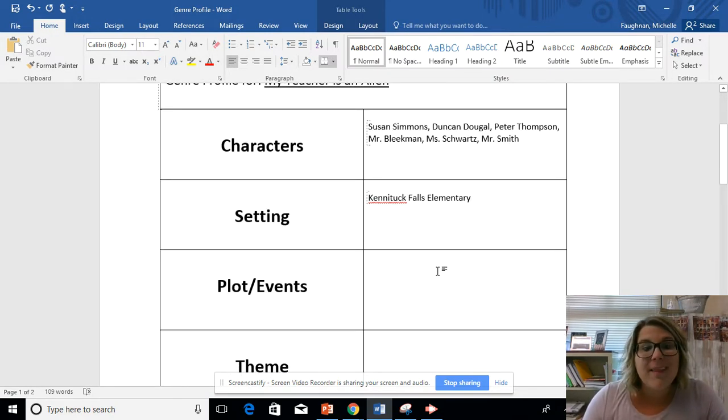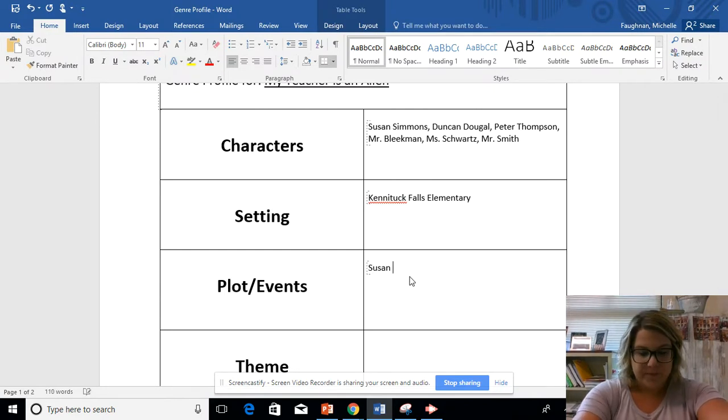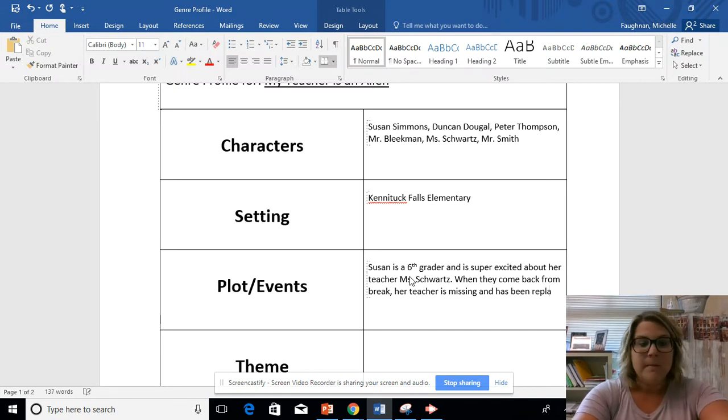Moving on to our plot. So these are the events that are happening. So we know who, we know where. Now we need to talk about what. So we've only read a couple chapters. So what we know so far is that Susan is a 6th grader and is super excited about her teacher, Ms. Schwartz. When they come back from break, her teacher is missing and has been replaced with a mysterious and strict man